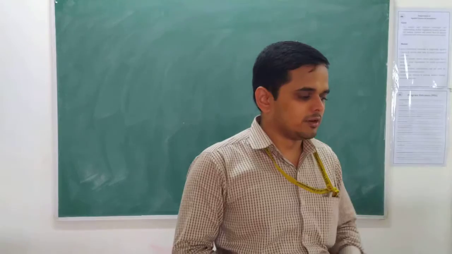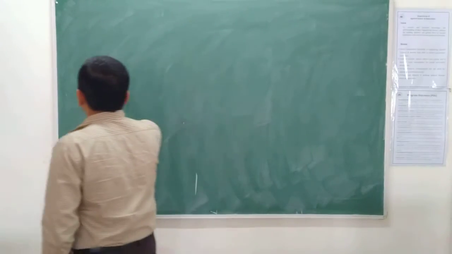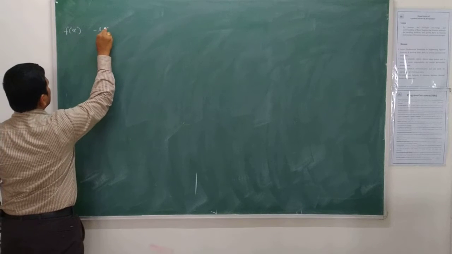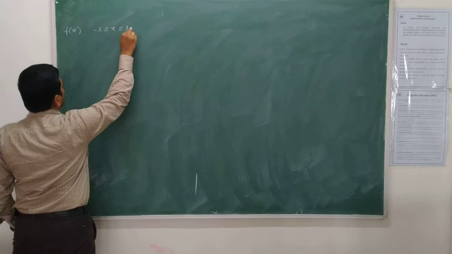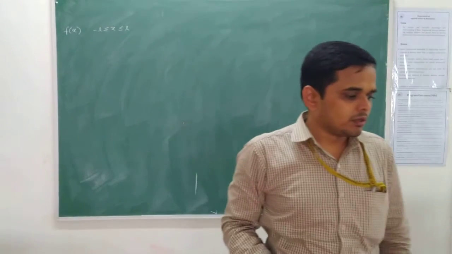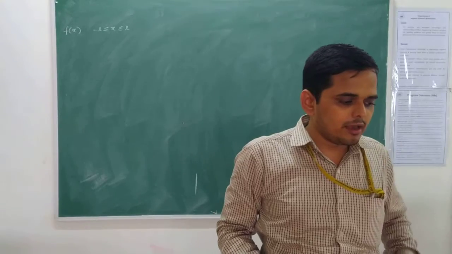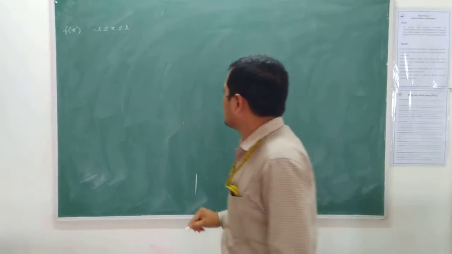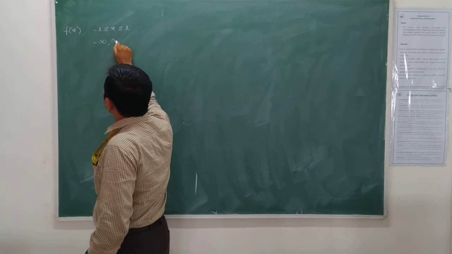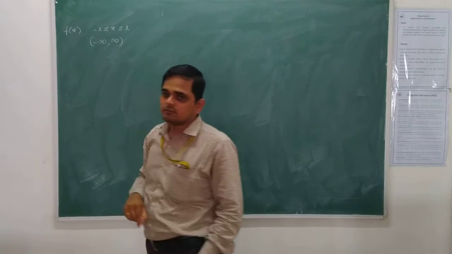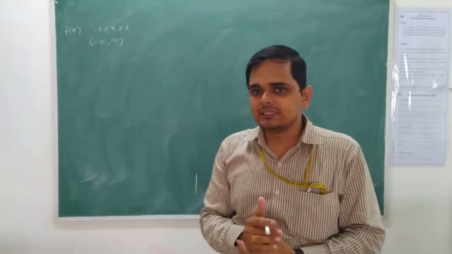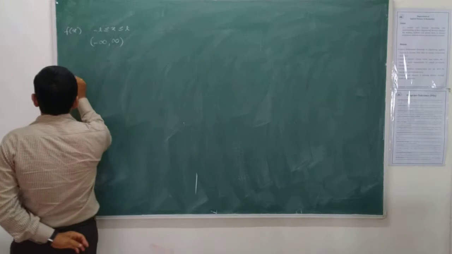See, f of x is a function defined in the interval minus n less than or equal to x less than or equal to plus n, which satisfies the Dirichlet conditions. Then f of x is integrable in the interval minus infinity to plus infinity. Then the Fourier integral theorem states that f of x is equal to